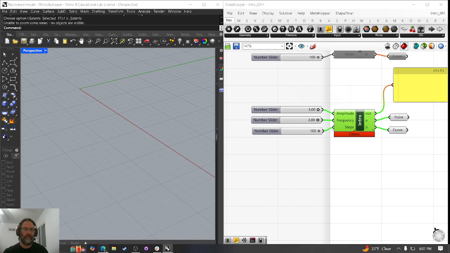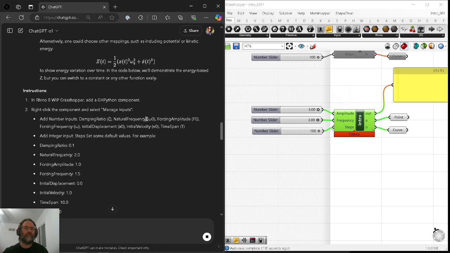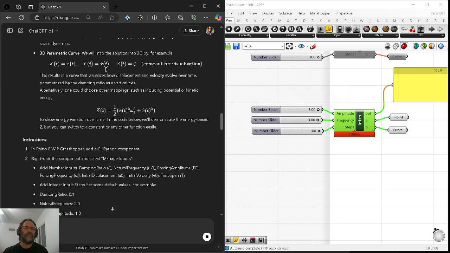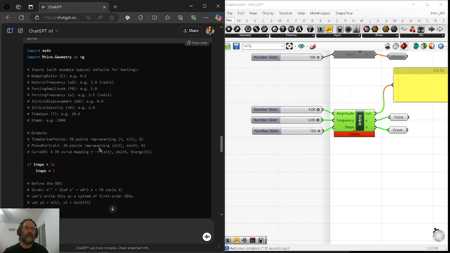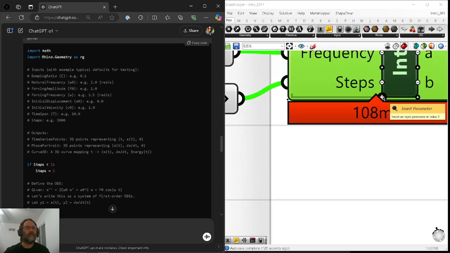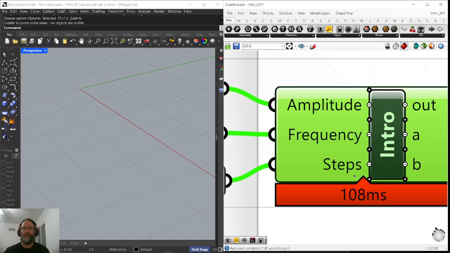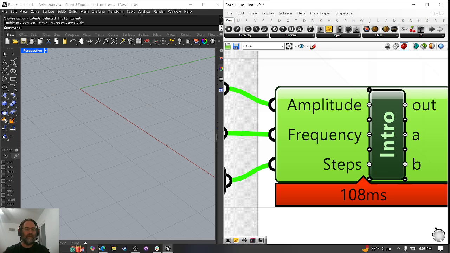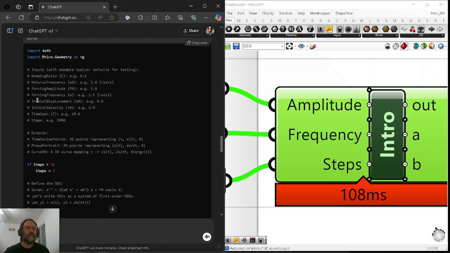So let's see what it produced for us. You can see some of the formulas it's throwing in, with constants. Here we go. What we're going to do is go in here. Inputs are going to be dampening ratio, natural frequency, all these things have to go in. We still have steps. We're going to want to, and this is where it gets a little tricky, take